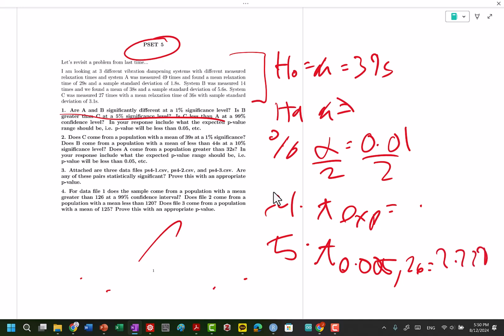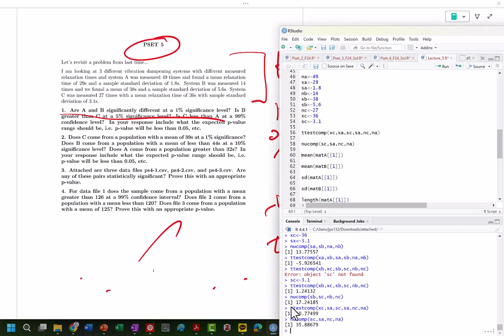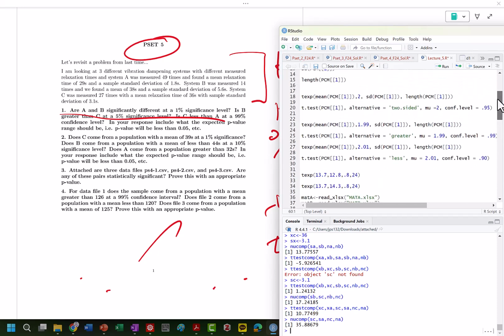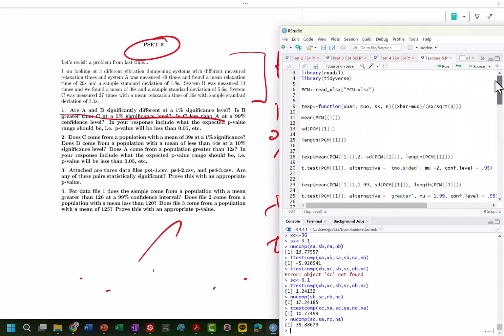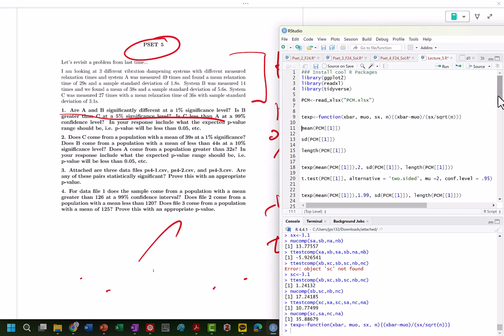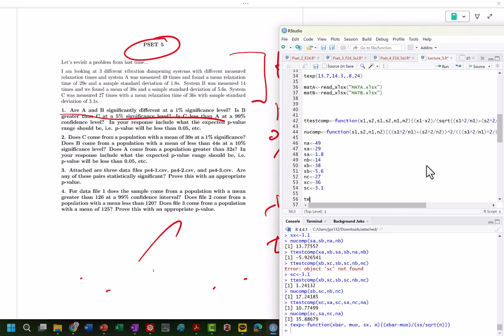So 2.779. And then let's go ahead and calculate our t experimental. We should have that function in R as well. I'll basically break that down in here. TXP is our function. So let's do our t experimental. So our x bar minus our mu naught.